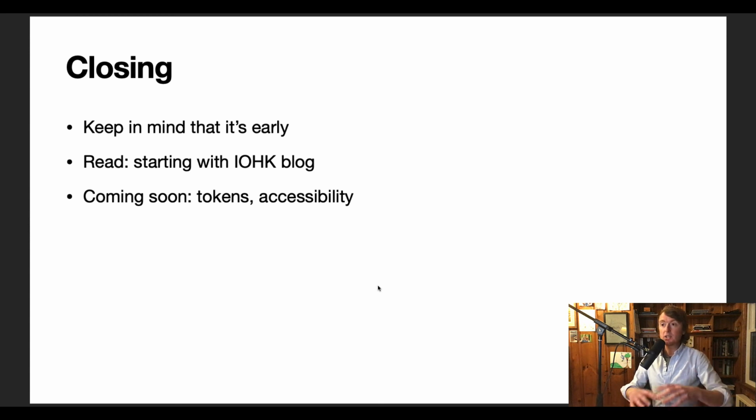But soon so much more is coming, right? It's going to be more accessible. Within the next few weeks, we're going to be playing with tokens. So just like I messed around with metadata, I can't wait to mess around with tokens, see what we can do with those. And you can be damn sure that I'm going to be playing with the testnet for that, plenty more. I demonstrated some bad habits today, playing with the mainnet,